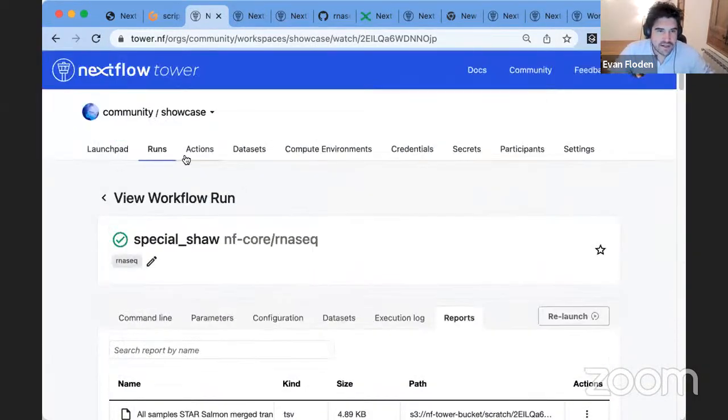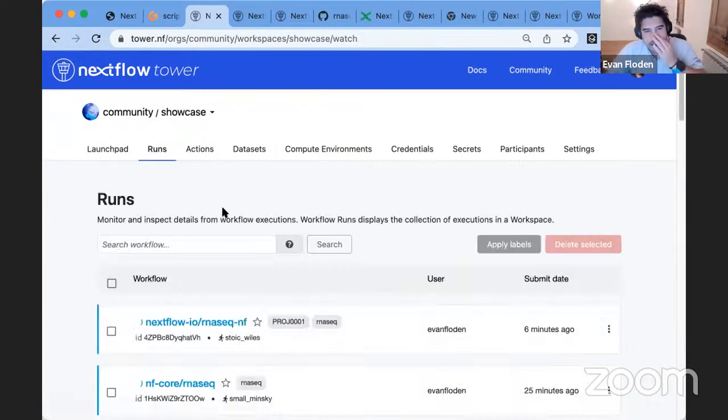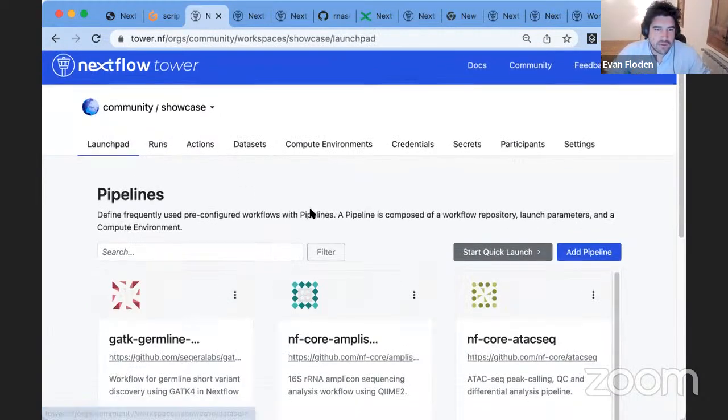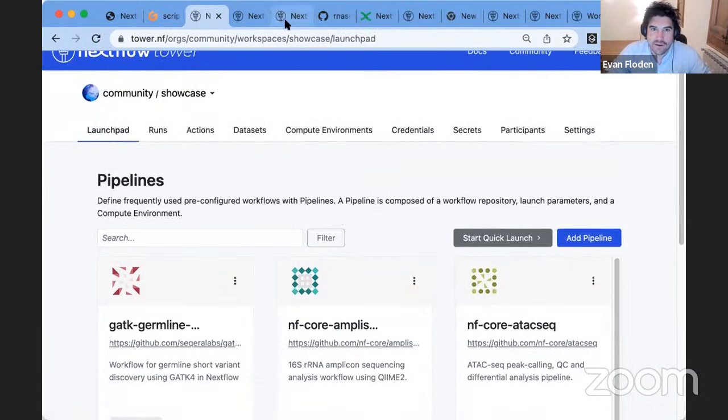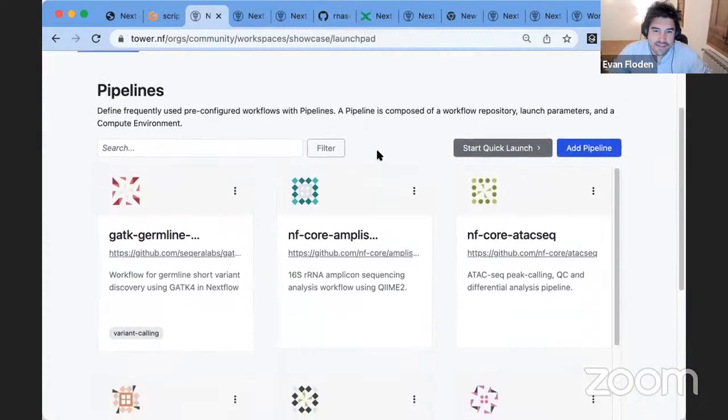Okay, I want to touch quickly before I go on to the compute environments, because that's really where some of the magic is happening and how this is all possible. But before I do that, I just want to quickly touch on the datasets themselves. And when you run a pipeline, so some of these ones from the community showcase, the ones that we have in nf-core, particularly with regards to the input schema and the schema for those input files, you'll notice that